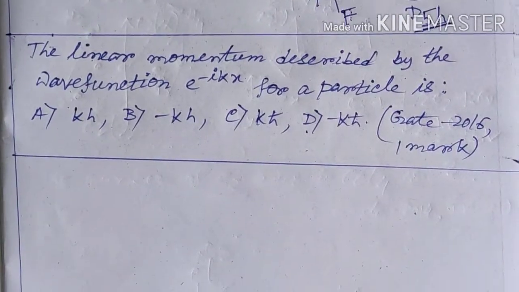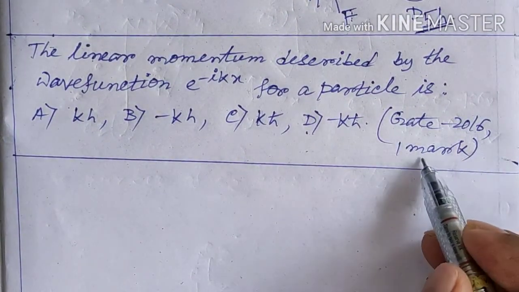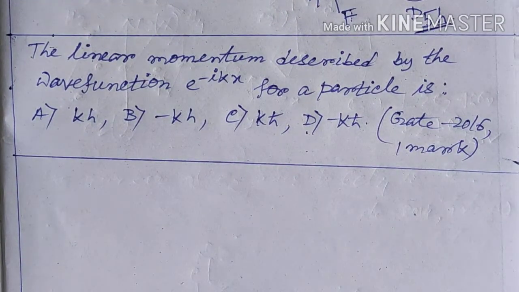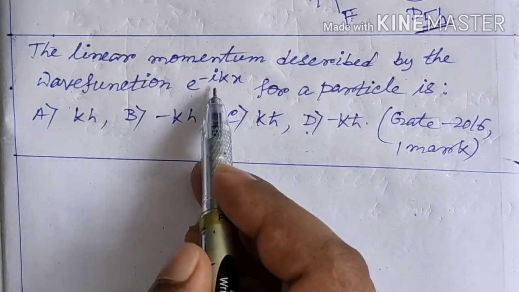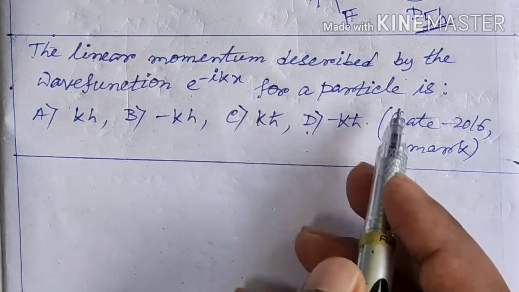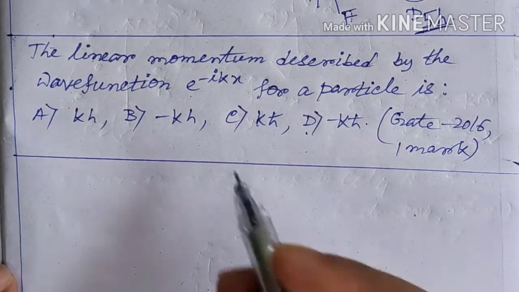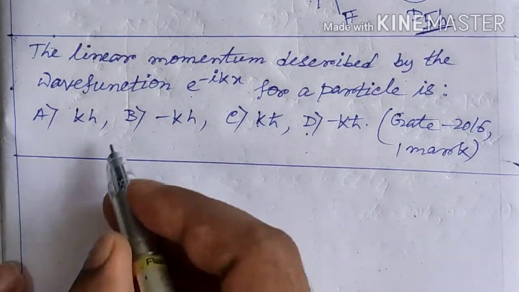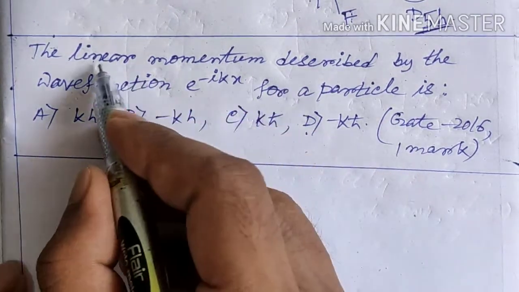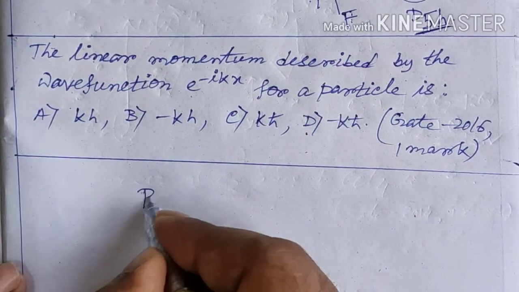Now the next question came in GATE 2016 for 1 mark. It is given that the linear momentum described by the wave function this for a particle is. It is looking like some tricky, but it is not like that. It is asked that the linear momentum, that is px,